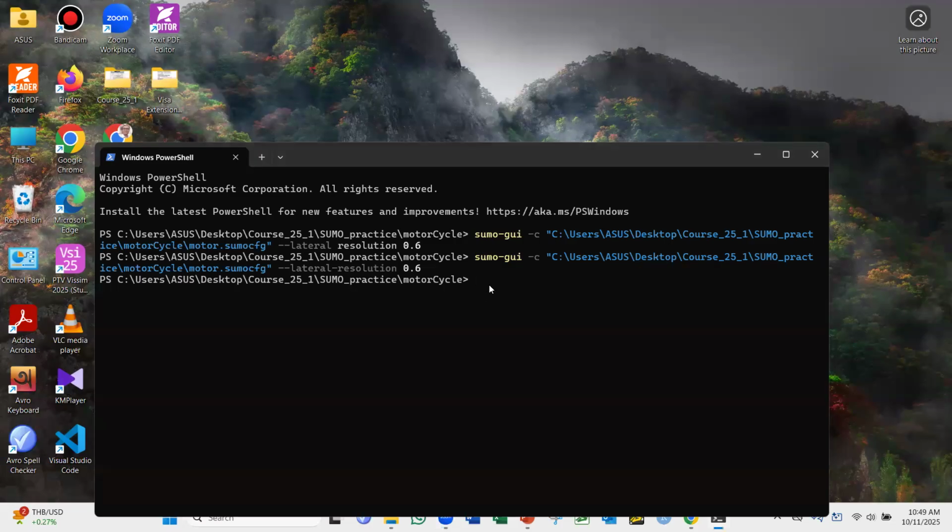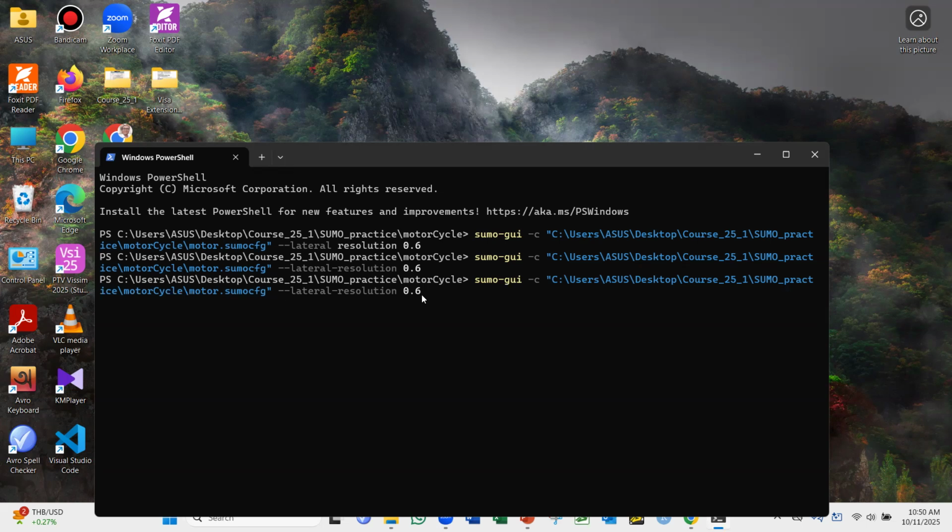Now I will show the sublane behavior, where motorcycles occupy one lane and the in-between lane movement of motorcycles in SUMO. For doing that we have to write sumo-gui space -c for configuration, then write the file path and give a space, then there are two dashes, write lateral-resolution and give a space and write 0.6. If we reduce the value less than 1, the more it is less than 1, the